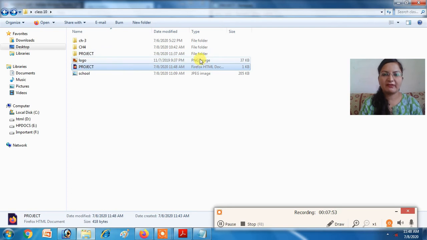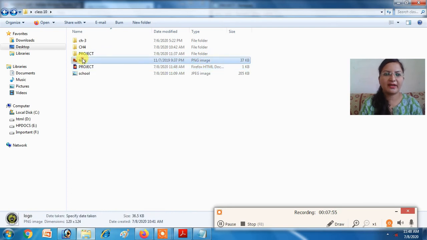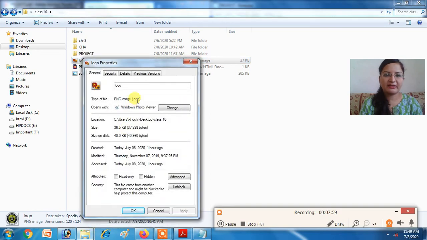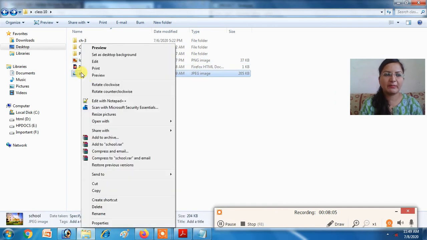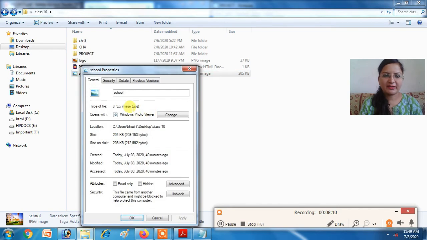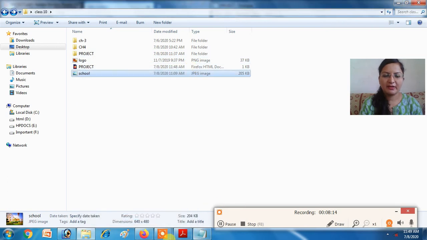If you want to see the extension, you can right click and go to the properties, and there the extension is given as .png. For this image it is written JPEG, but you have to use only JPG. So check the properties. Whatever extension is there you will find it in the properties.